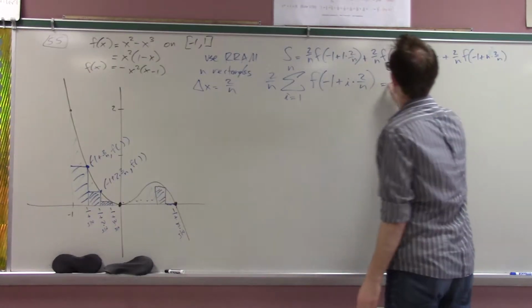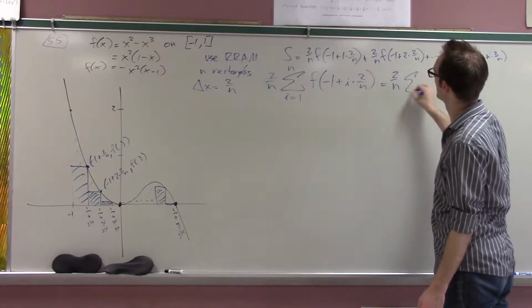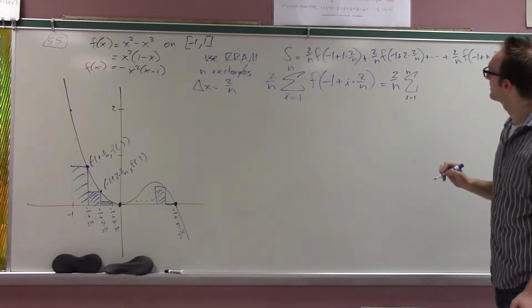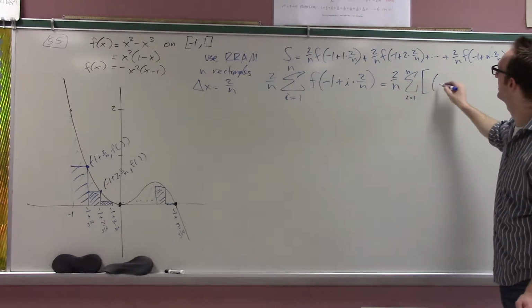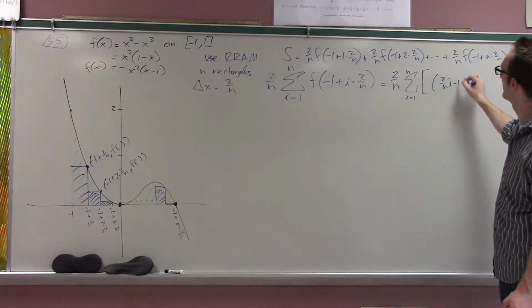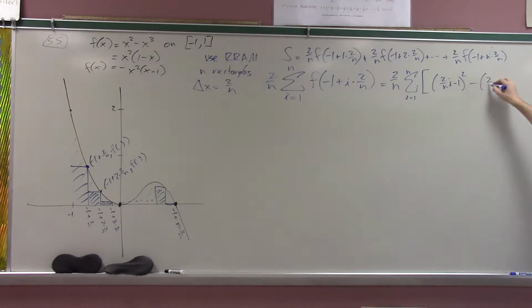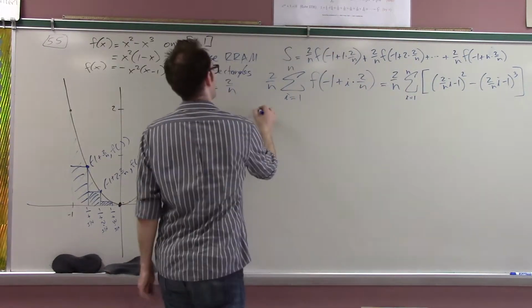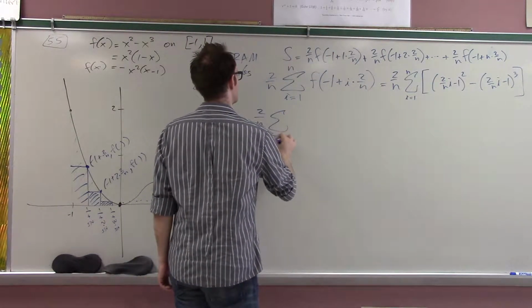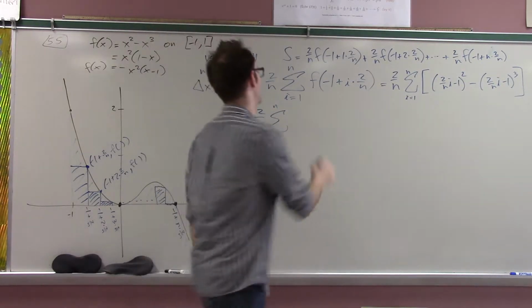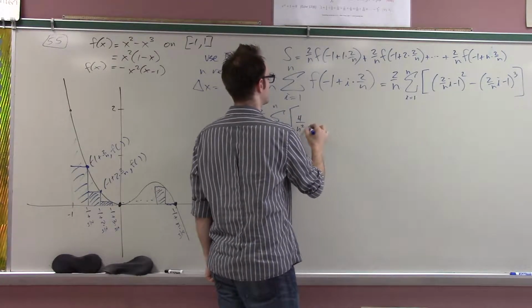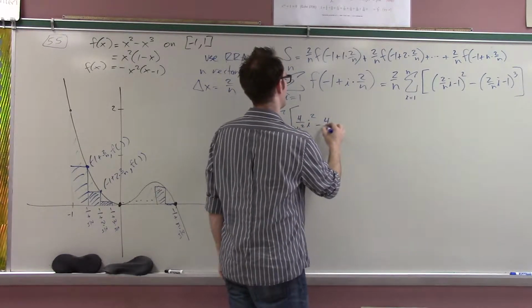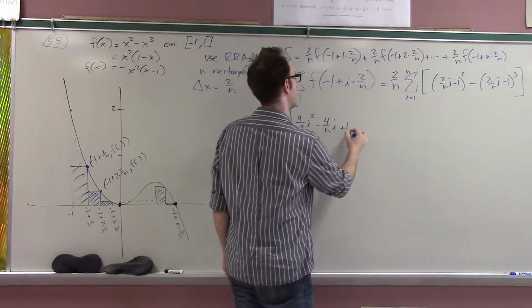So when we go to do it, we're going to have 2 over n times the sum from i equals 1 to n of, well, the function is x squared minus x cubed. So it's going to be (2 over n i minus 1) squared minus (2 over n i minus 1) cubed. In my opinion, the simplest thing to do is to expand everything out and combine like terms inside the sigma. So this will be 4 over n squared i squared minus 4 over n i plus 1